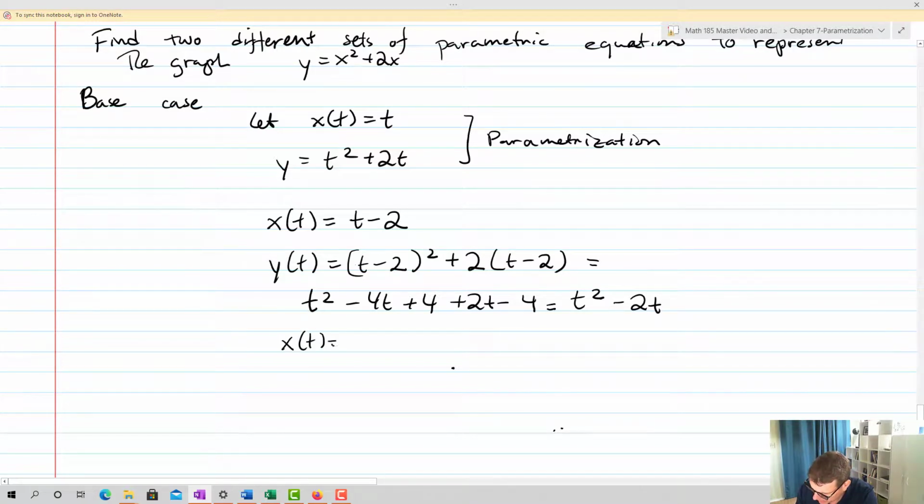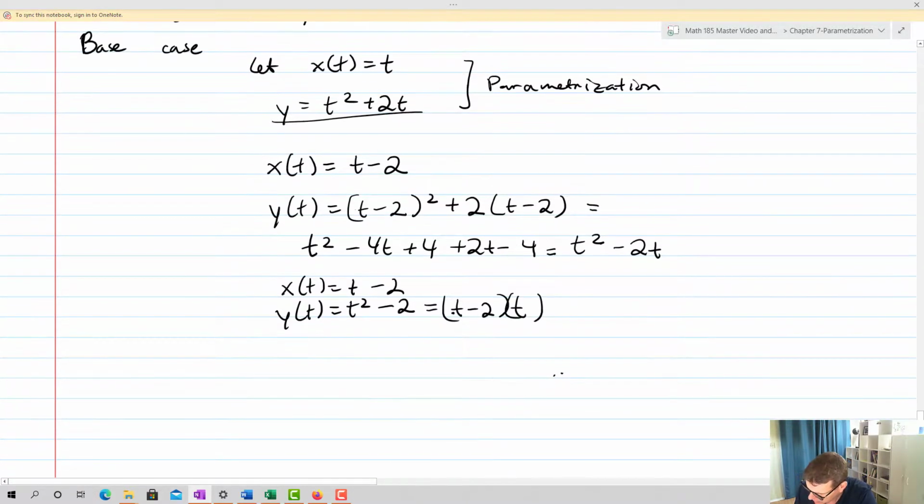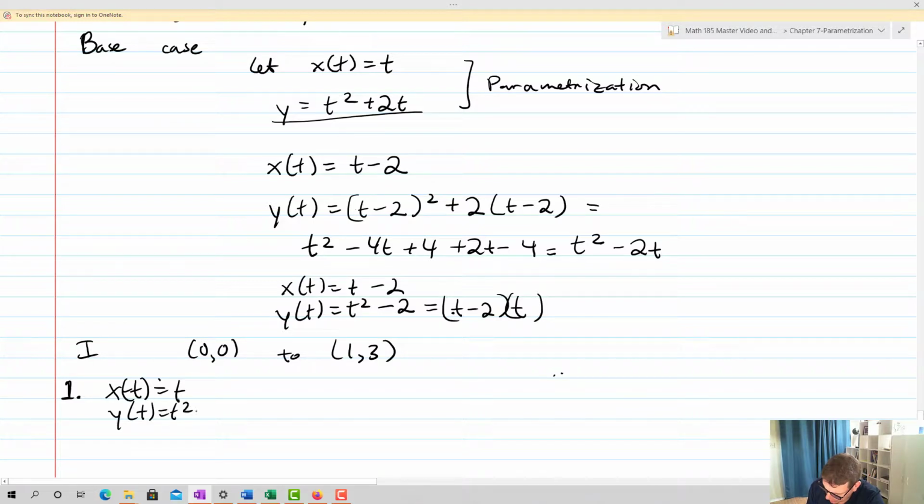It's going to go from x of t equals t minus 2 and y of t equals t squared minus 2t, or t minus 2 times t, which kind of makes sense given that that's basically this except with a different parametrization for x. Okay? Now what happens if we actually want to put it on bounds? So let's say our interval is going to go from 0, 0 to 1, 3. Okay? For the first parametrization, x of t equals t, and y of t equals t squared plus 2t,